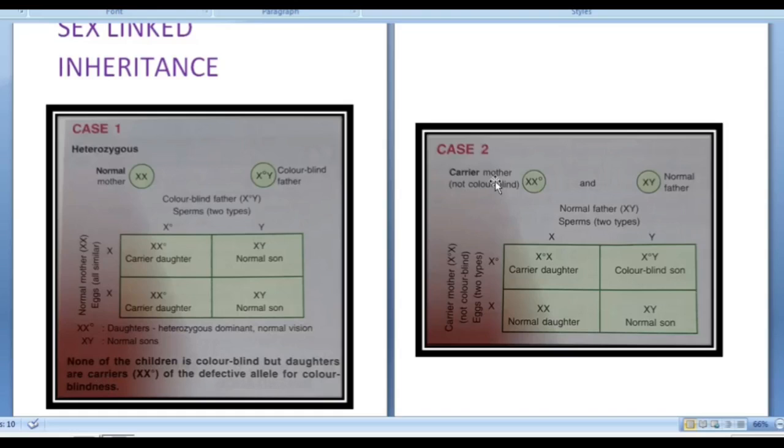Now, second case, if the mother is a carrier having X X0 and father is normal having X and Y, gametes formed will be X, Y, X0, X. Now, look at the progeny that will be formed: X0 X, X0 Y, X X, XY. Now, this son XY will be normal, but this son X0 Y, because there is only one X chromosome in sons and that X chromosome is a carrier.